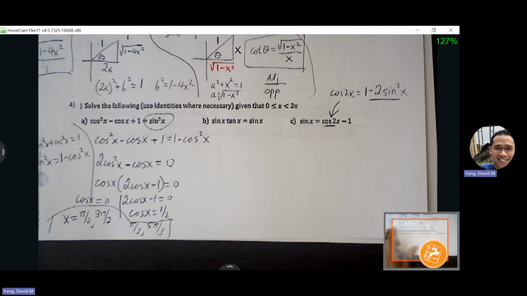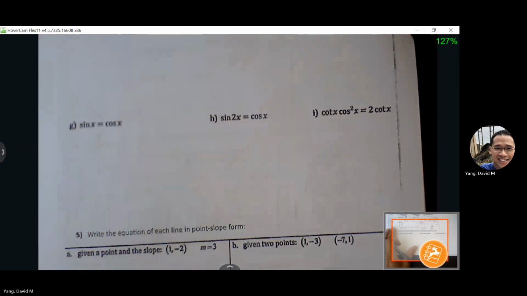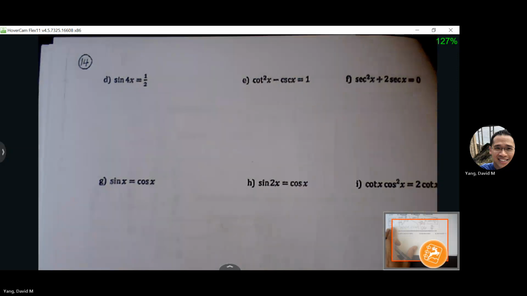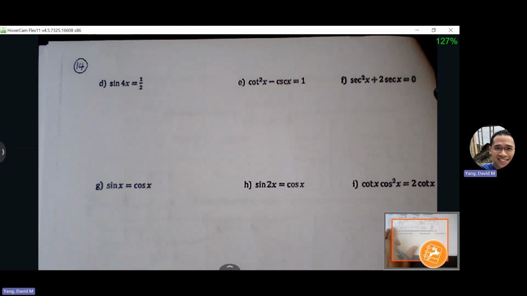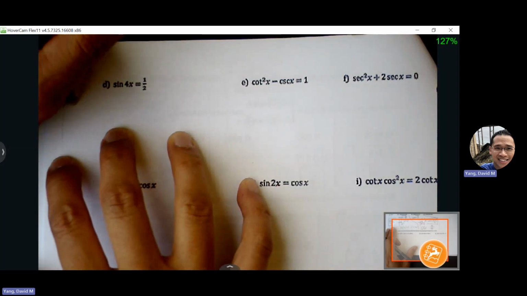Okay, page 14. Okay, 14, this one's a strange one here. Sine of 4x equals 1/2. We talked about yesterday how we can use inverse trig to kind of isolate that 4x. So if we isolate that 4x,